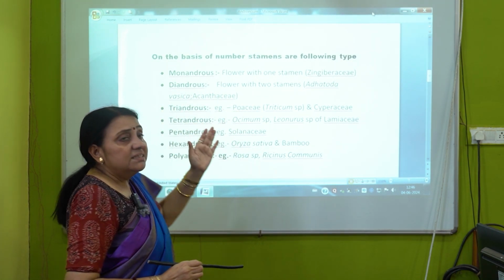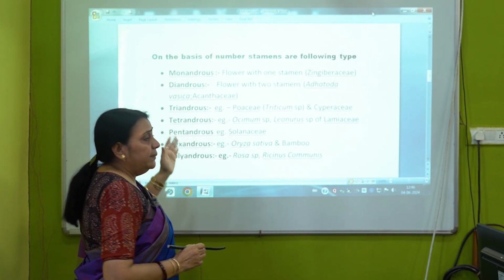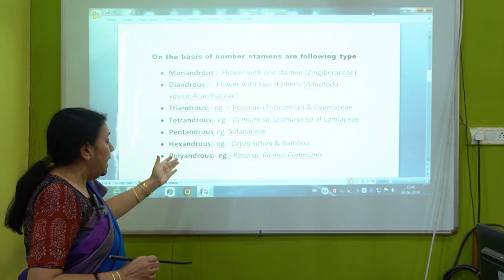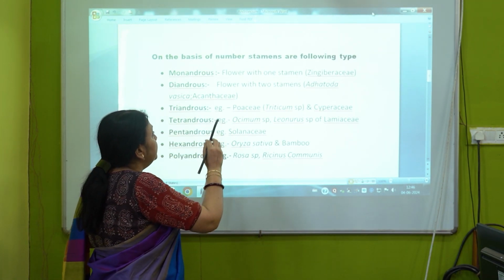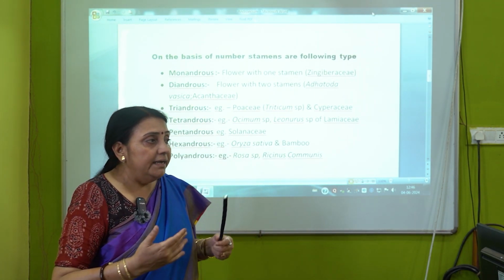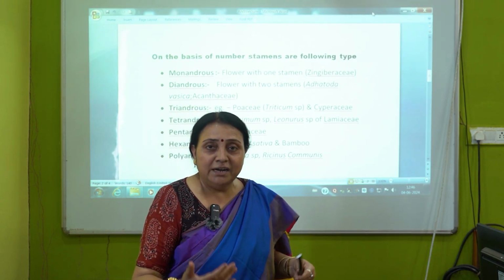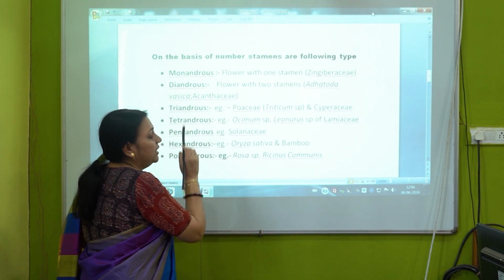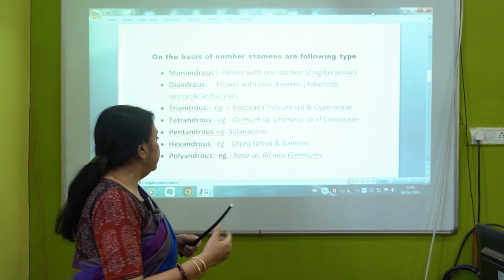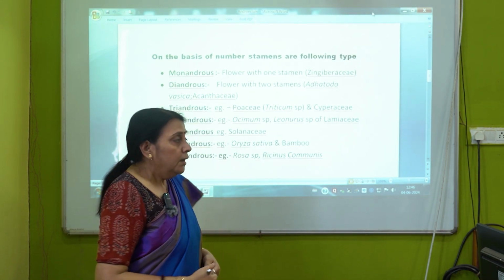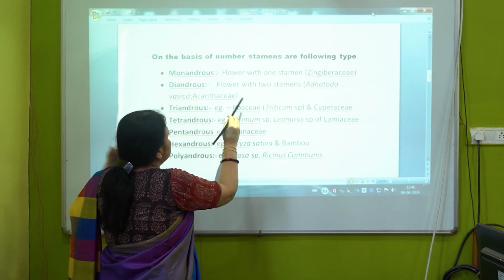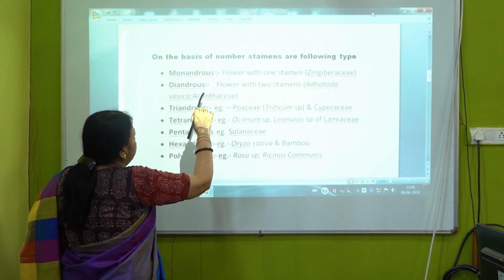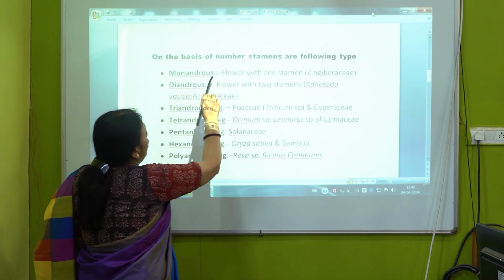That is, 1 means mono, 2 means di, 3 means tri, 4 means tetra, 5 means penta, 6 means hexa, and when the number of stamens is more than 6, then it is not considered as heptandrous, octandrous, nonandrous. It is not that. It is then considered as the polyandrous type, that is, the number of anthers is more than 6. Actually, just remember this term on the basis of the number of